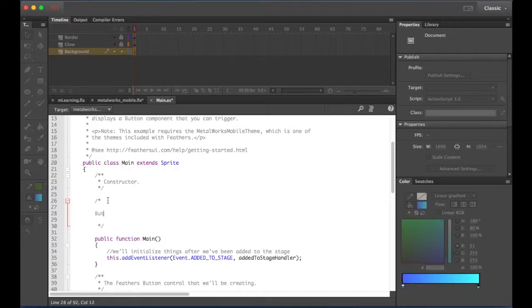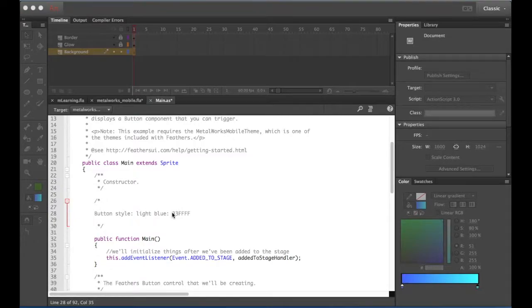I'm going to call it button style. So the dark blue is not that color, that's actually the light blue. Okay, found the hash sign, and for the dark blue, I need to go and take a note of that color,